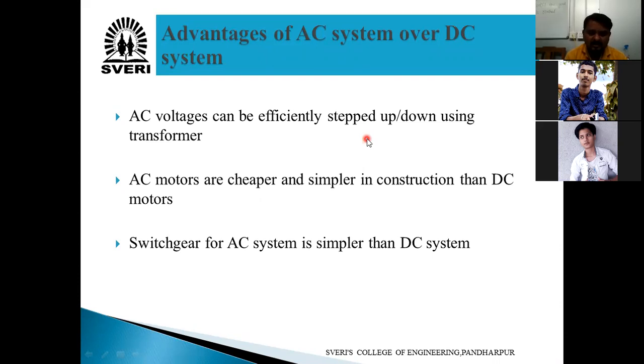Even I have taken the example of your mobile charger. First we are giving AC from the board. What is coming from your electricity board? AC is coming, right? That AC is first stepped down. Whatever voltage is required for the mobile, how much is needed? 5 to 10 volts or 12 volts we require here.